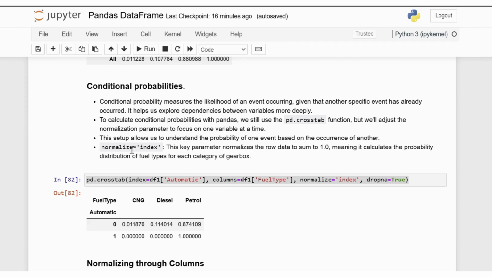In this function, setting normalize equals index normalizes the data across each row, each type of gearbox, so the probabilities in each row sum up to 1. This setting is essential for calculating conditional probabilities correctly. Let's interpret the output. Rows representing gearbox. 0 represents manual gearbox, for which the conditional probabilities for each fuel type given that the gearbox is manual are as follows. CNG,